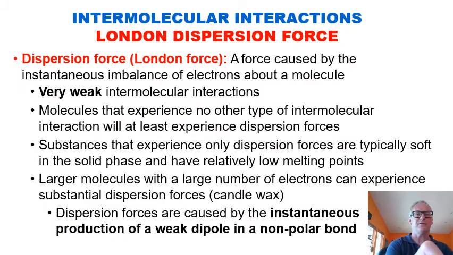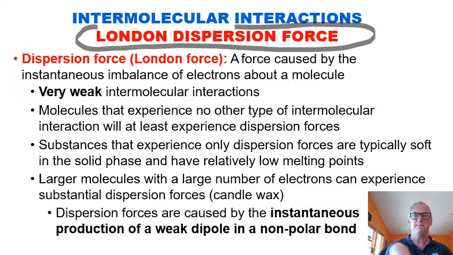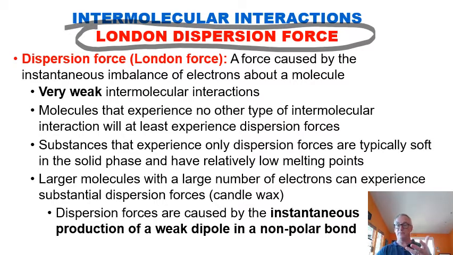Now, London dispersion force, I want to talk about that for a minute because it may be the first time you've heard that particular term. It was discovered by someone named London, so it was given the name. So a dispersion force is basically when you have two molecules that have no other way to interact with each other. There's no charge, there's no polarity, there's nothing. There's no difference in the distribution of electrons between one molecule and another one. But if you put those molecules together